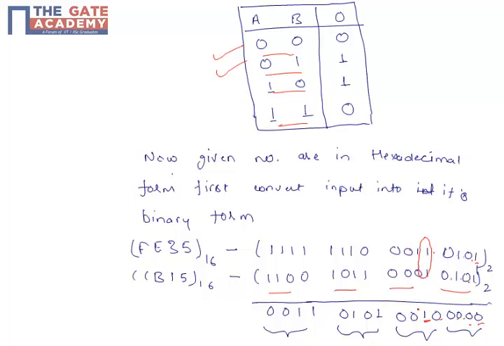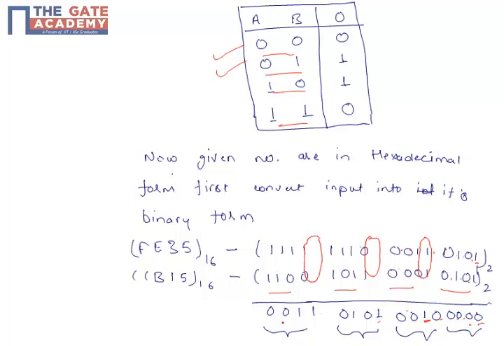Again for 0 0 the output is 0. For 0 0 the output is 0. For 0 1 your output is 1. Sorry, there is some disturbance here. Now again for 1 and 1 your output is 0. For 1 0 it's 1. For 1 1 it's 0. For 1 0 it is 1. Again for 1 0 it's 1. For 1 1 it's 0, then 1 1 0.